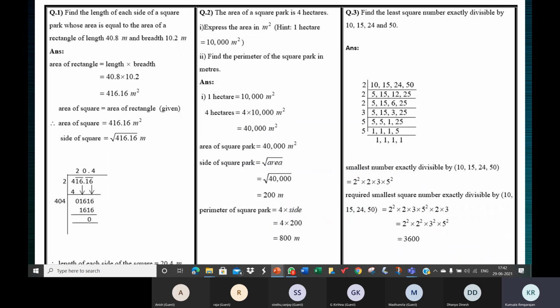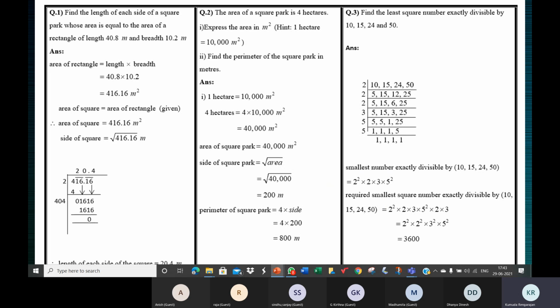I've answered 2 questions. The least number that is exactly divisible by 2, 3, 4, and 6 is 12. The least square number that is exactly divisible by 2, 3, 4, and 6 is 36. How did we find out without working? Just because the answer will be a multiple of 12. 12 twos are 24. 24 also will be divisible by 2, 3, 4, and 6, but that's not a square number. So then we move on to 12 threes are 36, and 36 is a perfect square, and that is the smallest number.